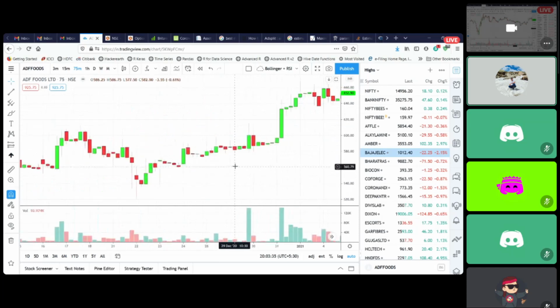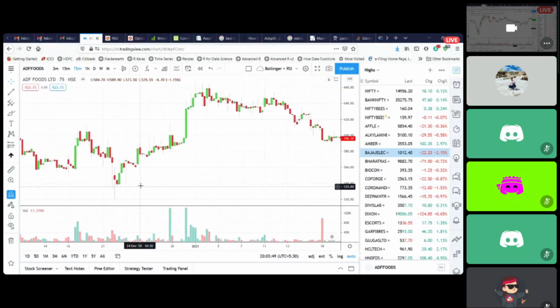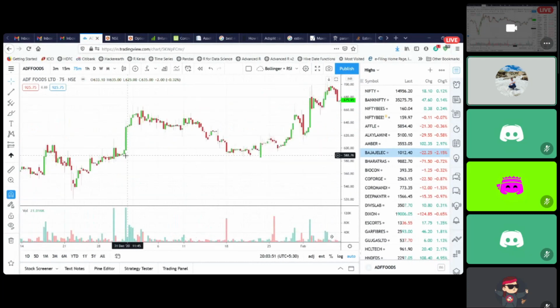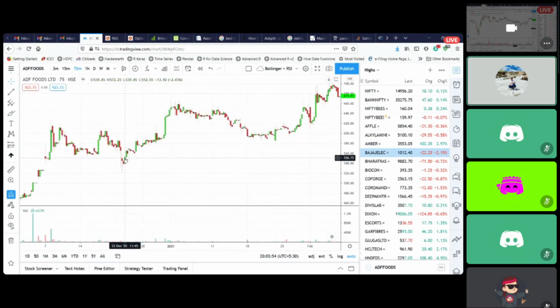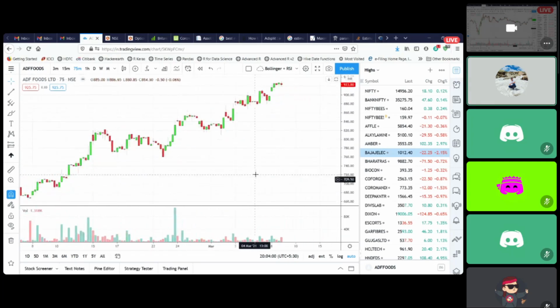Let's see how the volume is doing here. Decent kind of volumes. This could have been one more potential trade at 550, targeting the highs at 610. So this is where I can potentially spot two swing trades in this 550 to 610. And here I don't see any trades.